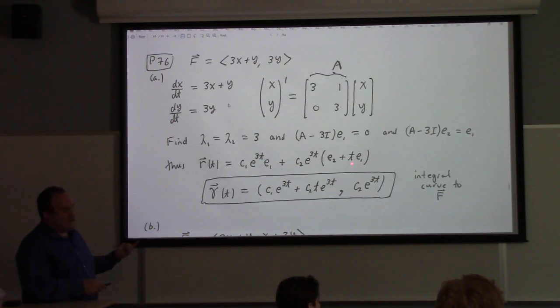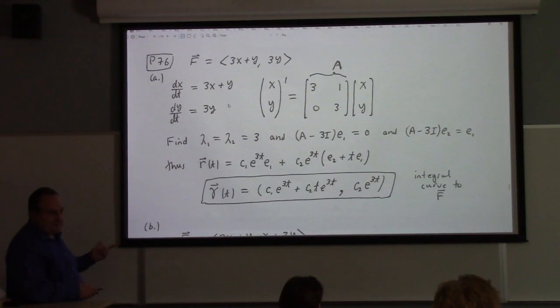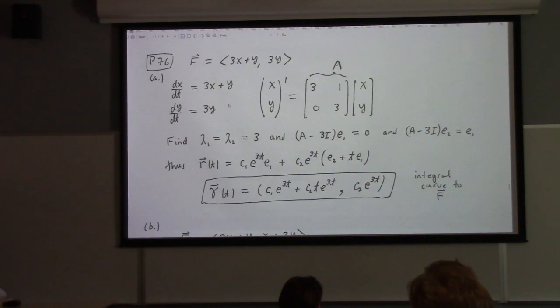I get the E2 plus t E1 when I feed it to the magic formula. And then, of course, if I go back and write that out, that gives me the path c1 e to the 3t plus c2 t e to the 3t and c2 e to the 3t. All right, great. That's part A. Now, part B